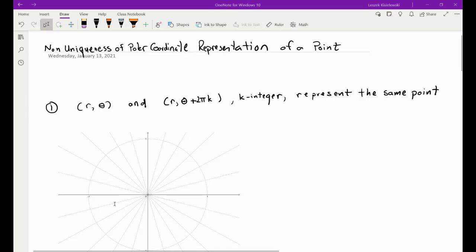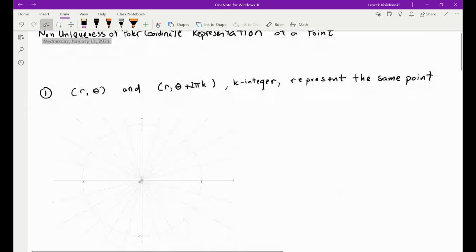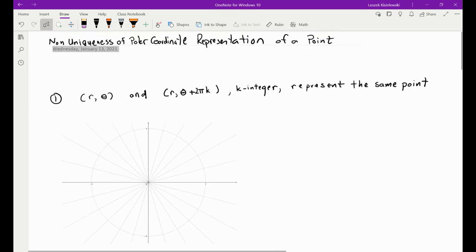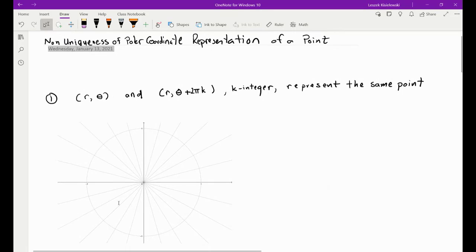So now let's look at why the polar coordinate representation of a point is not unique. And let's figure out how many different ways we can write the polar representation of a single point. Okay, so we're going to make several observations. So first of all, because